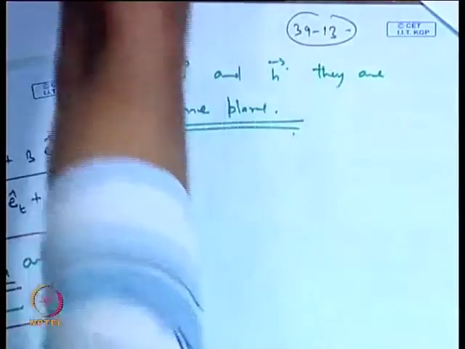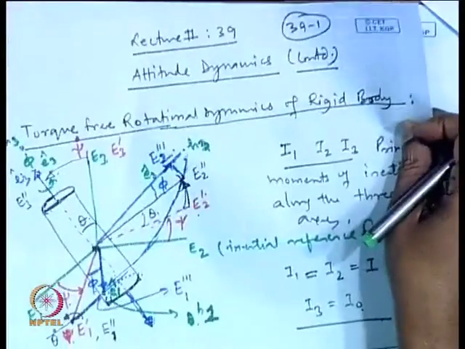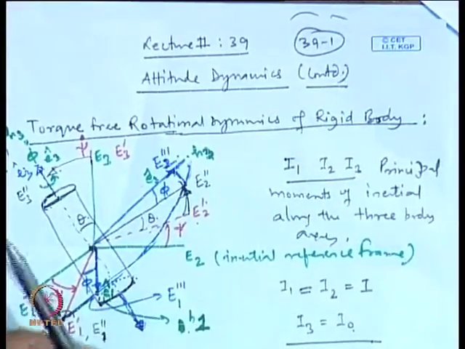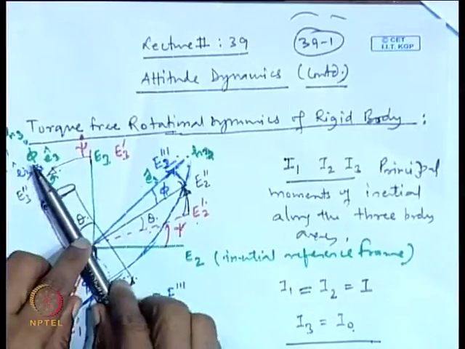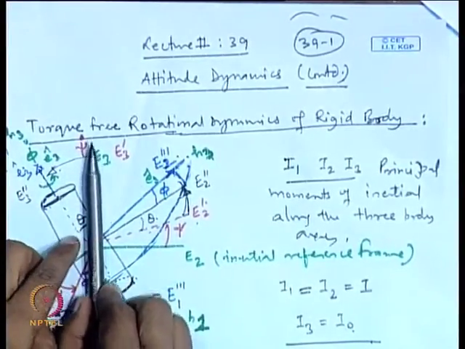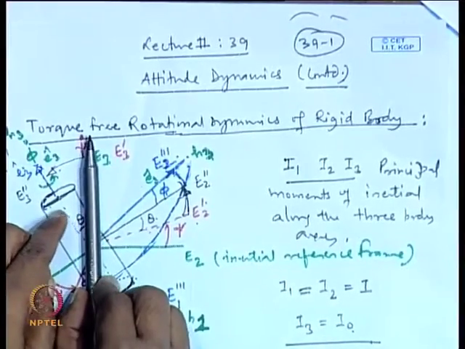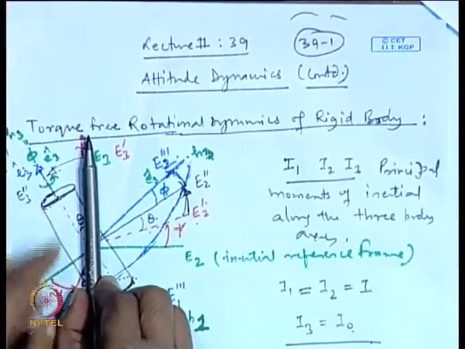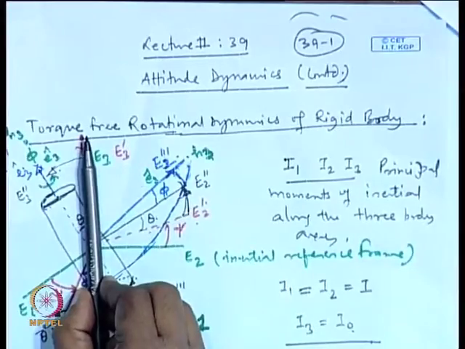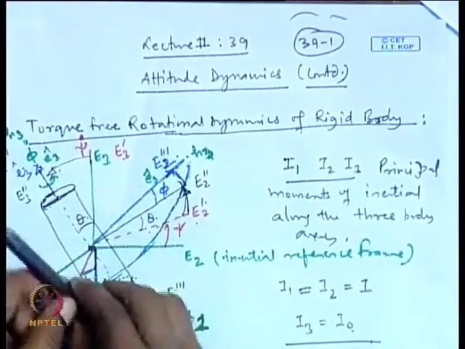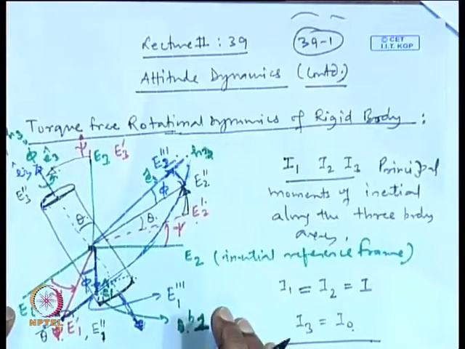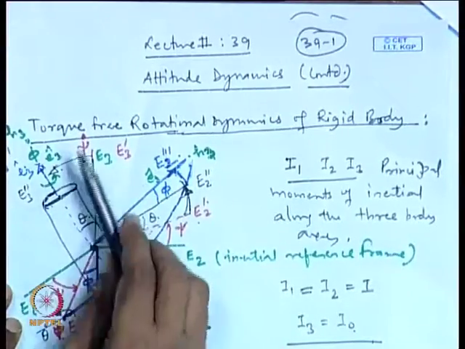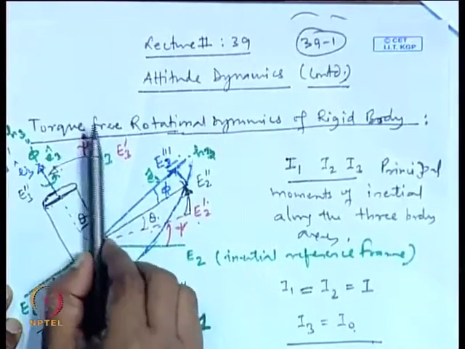So, what really happens, again going back to this figure. This body is rotating about this, and simultaneously this is precessing about this axis, the vertical axis that we are showing here in this place. Okay. So, it will undergo precession like this. We have to conclude many more things, but still we are in the mid stage right now.